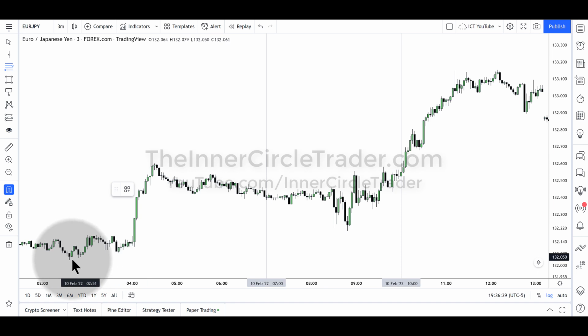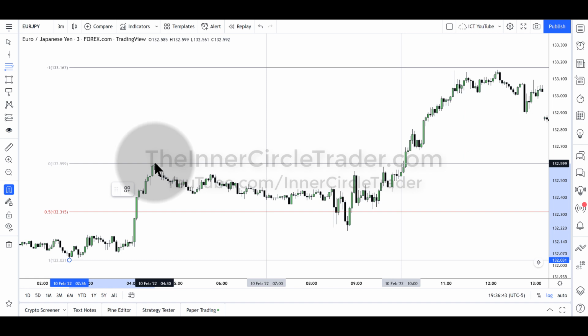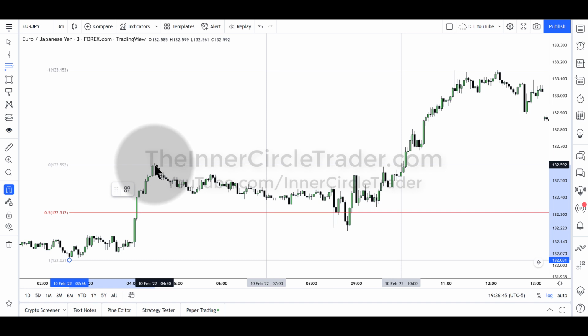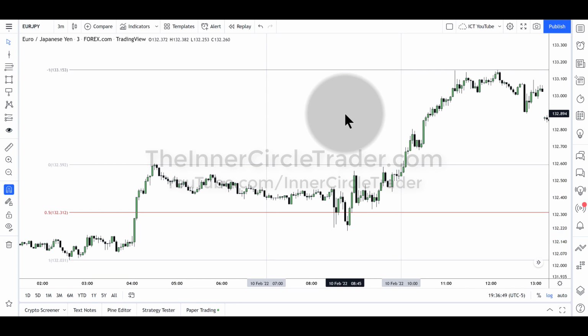Well, I like to take a fib and anchor it to a previous swing. Okay, so from this low to this high, after we leave this consolidation and start to trade higher,